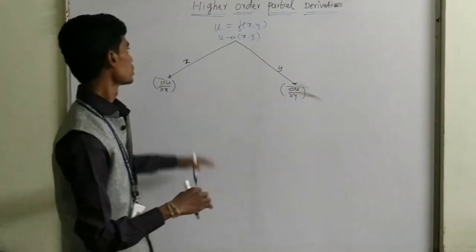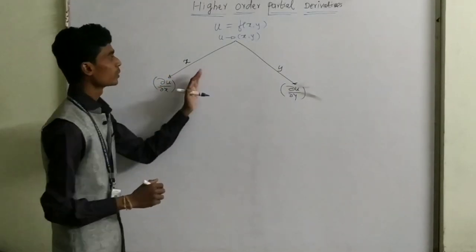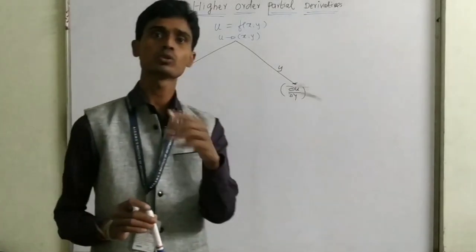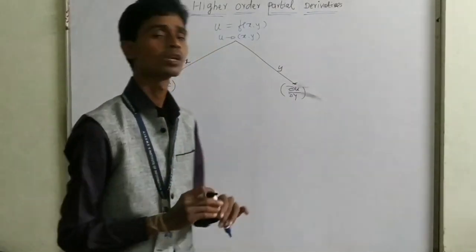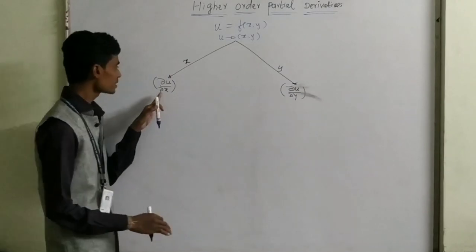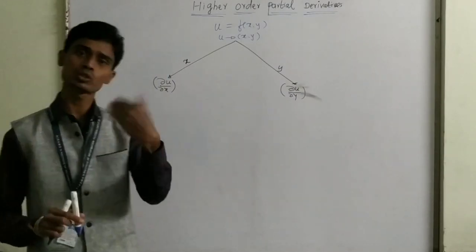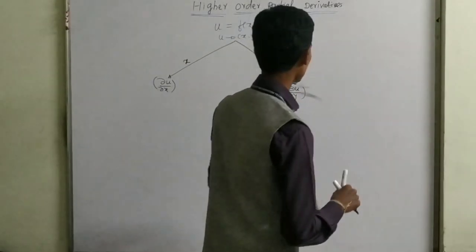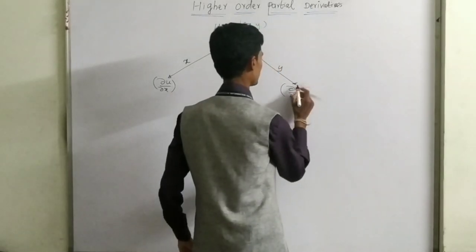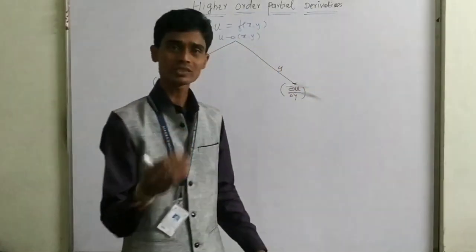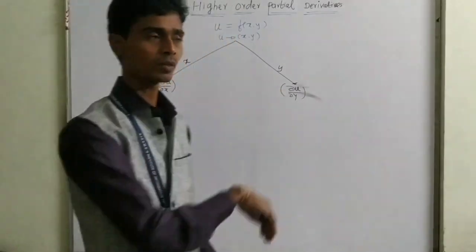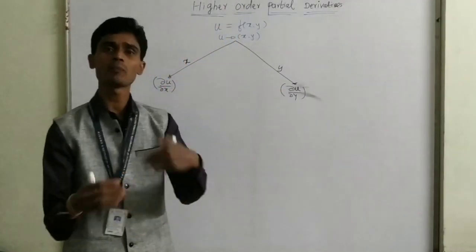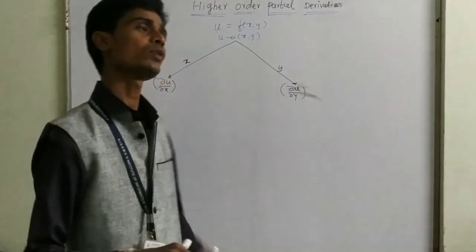So this is the first order, we differentiated once. So this is the first order partial derivative. Again ∂u/∂x is a function of x, y and ∂u/∂y is again a function of x, y. Just as we saw in the previous example, even after taking the first derivative, x and y are still present. So this is again a function of x, y.